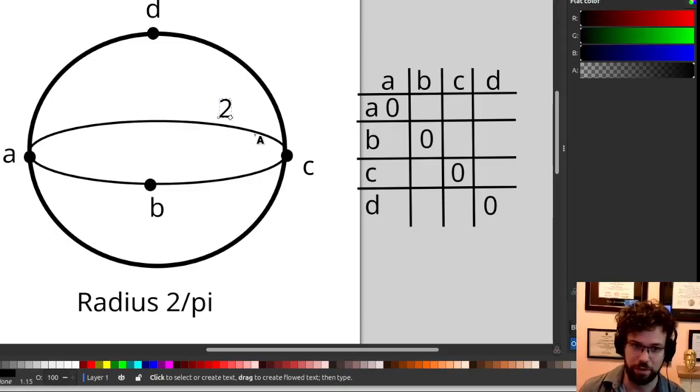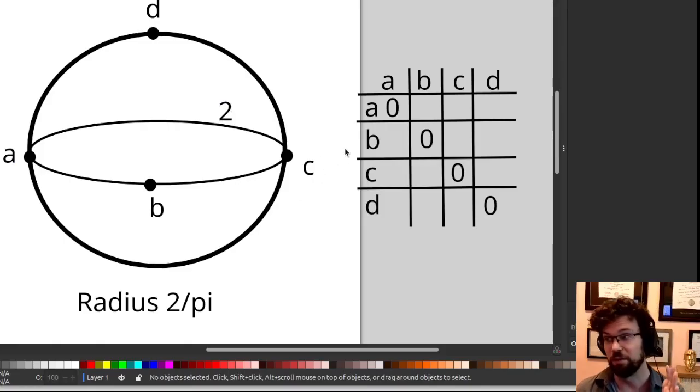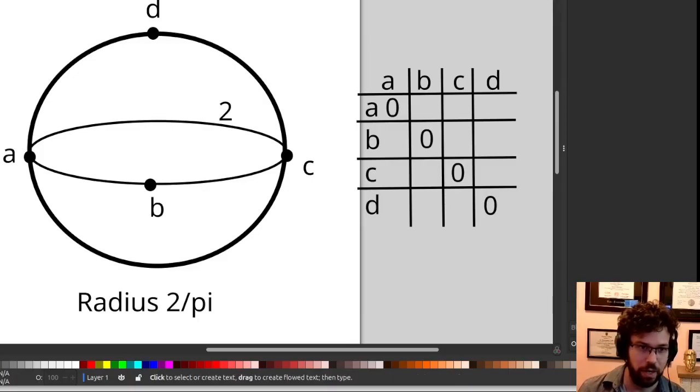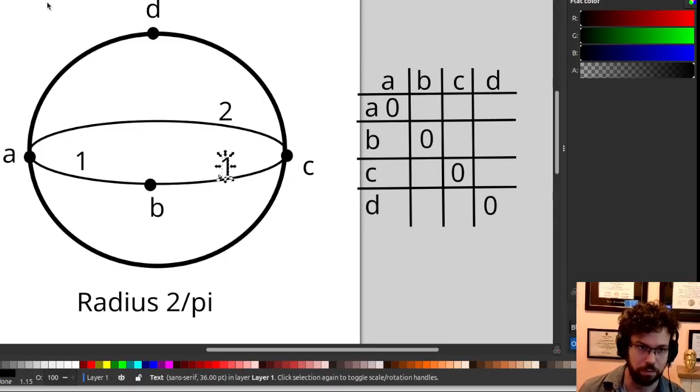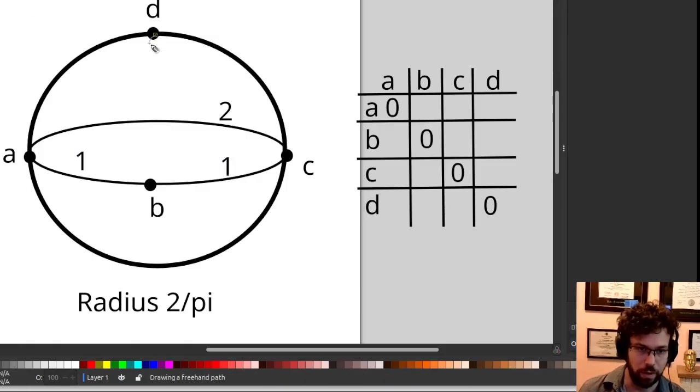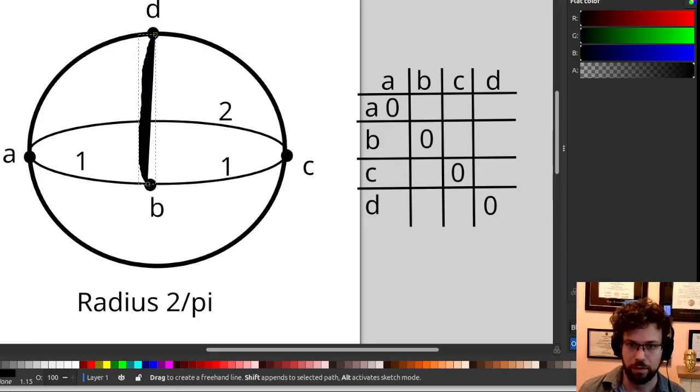Actually, there are 2 geodesics here that get me from A to C. I can either go this way along the front of the equator, or I could go the other way along the back of the equator. Both of those paths are the shortest paths here that give me a distance of 2. By the way, that's already something different from Euclidean space, the idea that you could have 2 paths that are the shortest paths between 2 points. Anyway, okay, so that's 2. And then, if I'm going along only 90 degrees, that would be a distance of 1 there. And by the same argument, all these 3 distances here would be